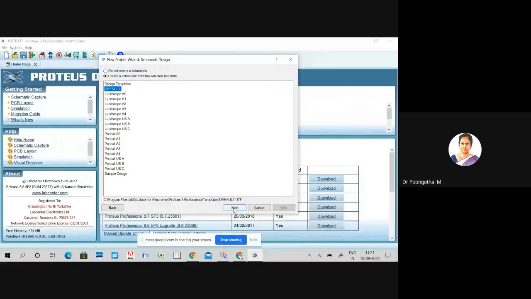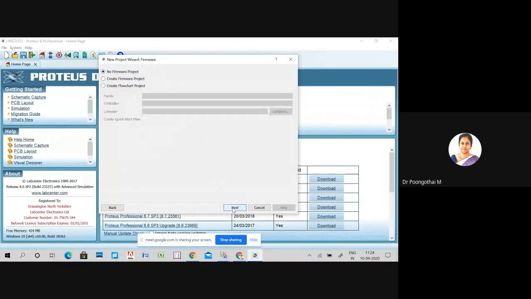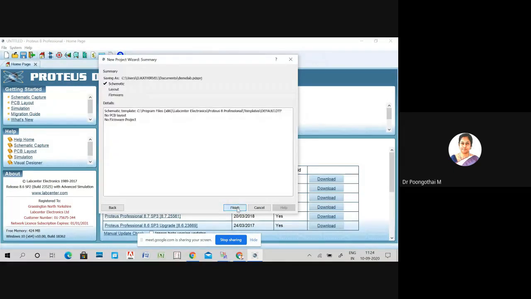Here you have to choose the option, create a schematic from the selected template. Click on next. Don't create a PCB layout. Here you have to click this one. Click on next. No firmware project. Here you have to select this option and click on next and finish.